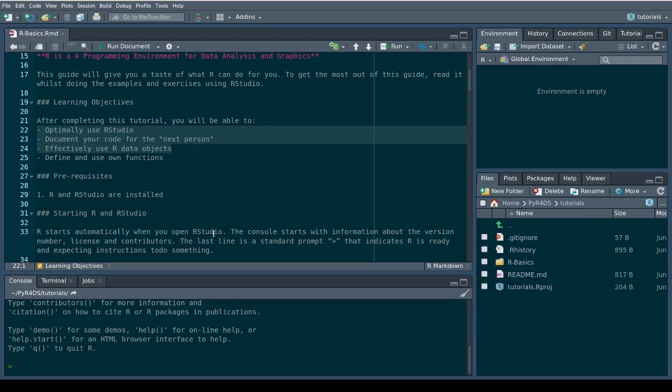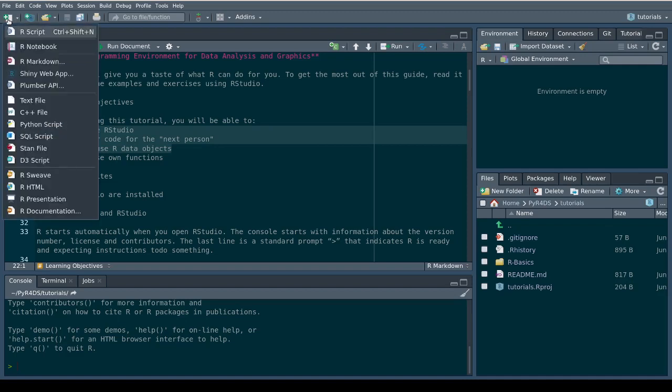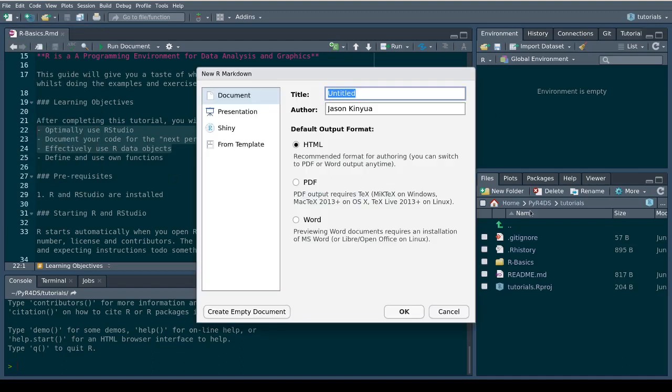Once you have done that, open your RStudio and create a new R Markdown. You can create that one below the file icon on your far left navigation, or on your top left, there is a plus icon somewhere and a drop down beside it. You can click the plus icon and it will give you options to create either an R script, R notebook, or R Markdown. So go for either R notebook or R Markdown. I will suggest you go for the R Markdown. You get a few other options.